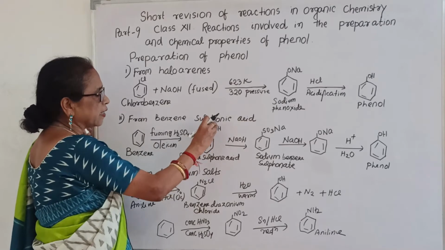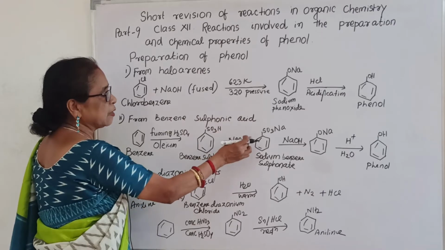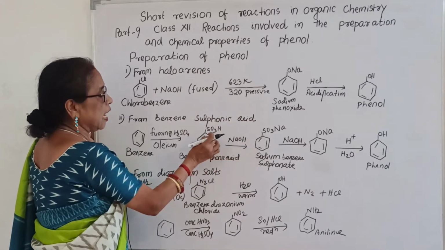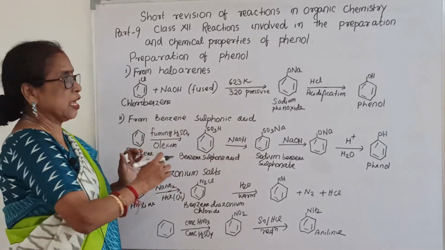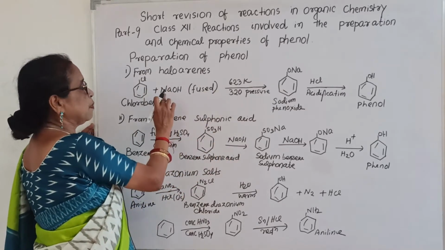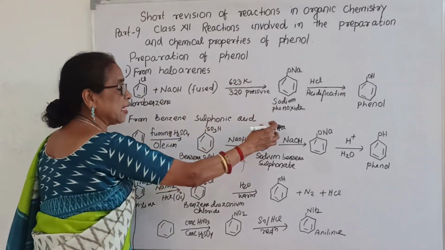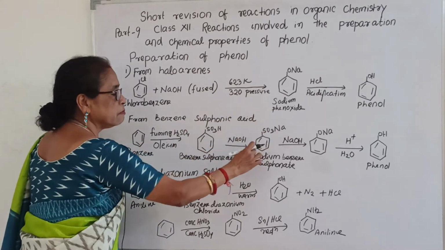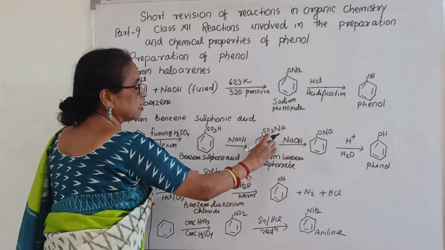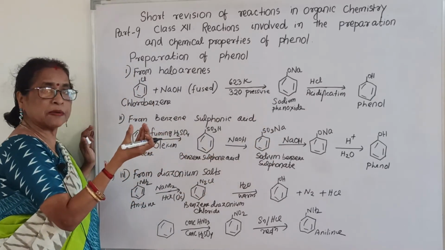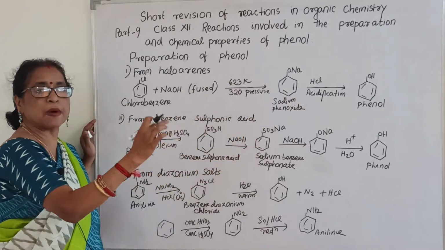Here I try to replace H by Na. That means SO3Na. As H is replaced by Na, then what is the result? SO3Na. Now first of all, here you will get SO3Na. What is the name? Sodium benzene sulfonate. So again listen, sodium benzene sulfonate. Now here it is one type of salt. Now SO3Na should be replaced by ONa.